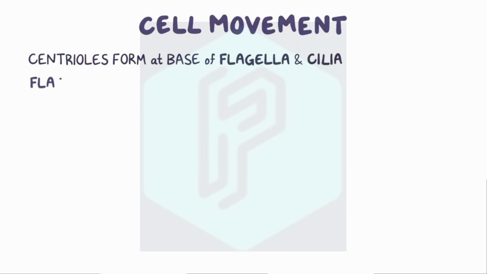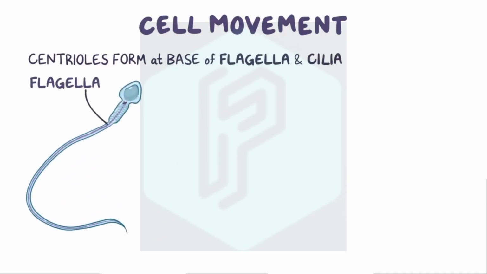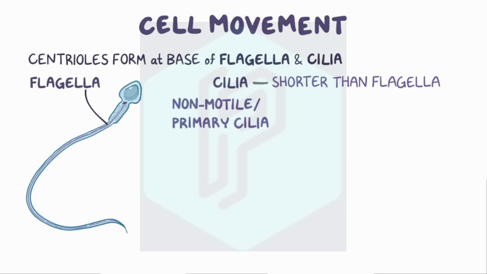Microtubules also help with cell movement, and that's because centrioles also form at the base of flagella and cilia. Flagella form the sperm cell's tail, which wiggles to help the sperm move. Cilia, on the other hand, are shorter than flagella, and can be non-motile or primary cilia, or they can be